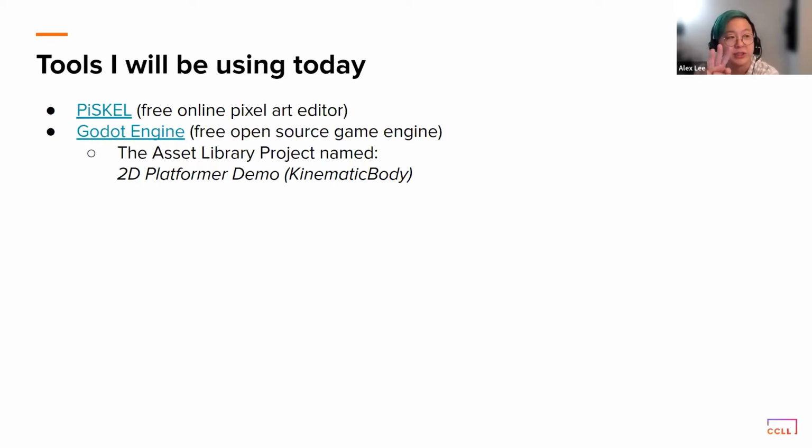Once we finish the 3 animations that we set out to do, we're going to bring them into the Godot game engine. This is a free, open source game engine. Anyone can download it. If you prefer something like Unity or some other software, by all means, use whichever development environment you're most comfortable with. Once you are in Godot, we'll be using the asset library project named 2D Platformer Demo with Kinematic Body. You can download all those assets, and we're going to use that to scaffold our 2D game. All right,